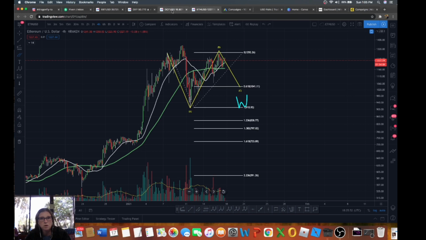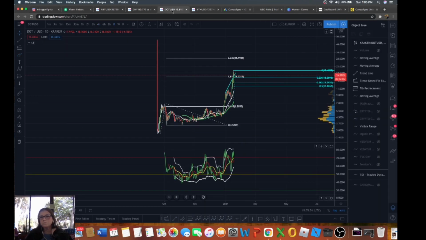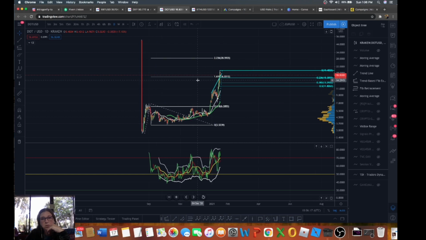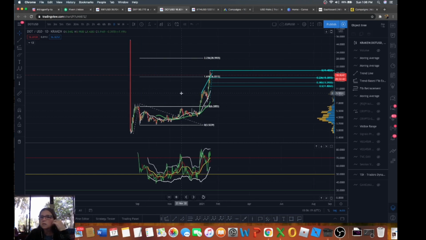Okay, moving on to DOT. DOT, once it broke this high here, it went on its way. And there's really nothing stopping it. All we have is this huge dump. So really there's no resistance. So DOT's a little difficult